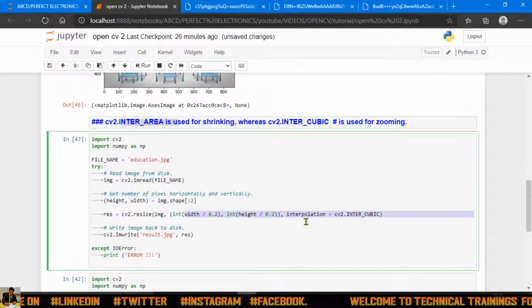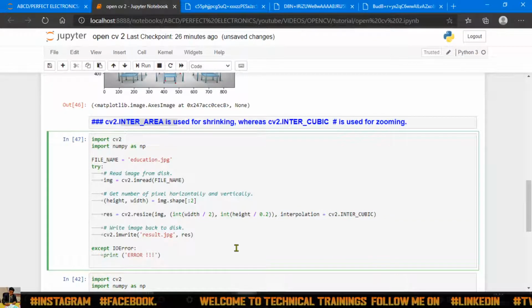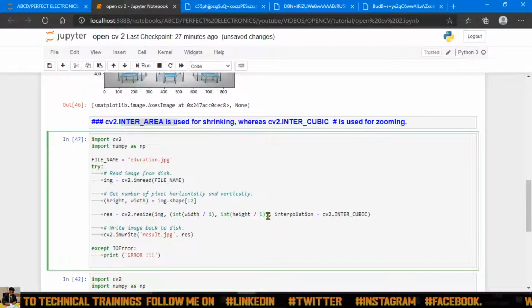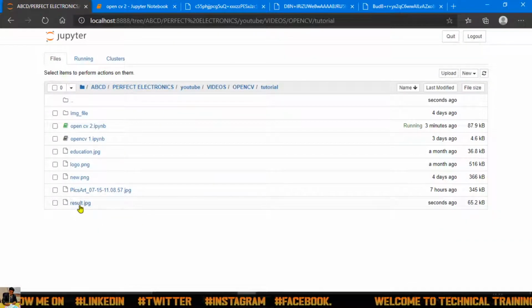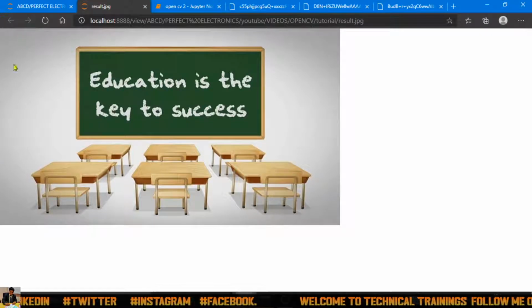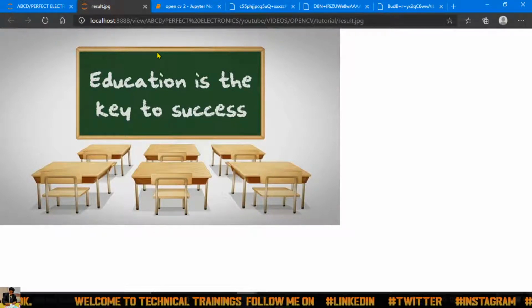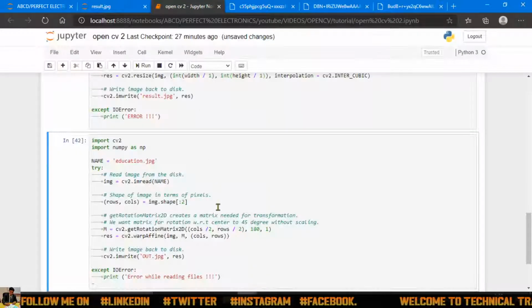Okay, these dimensions. So let's change the dimension to something like, I will change it to 1. Let's see what will happen in the output if I execute this and again open this. Now see guys, the image is properly adjusted to my screen itself. So that parameter actually controls the center and the alignment of the image. Don't worry about that.